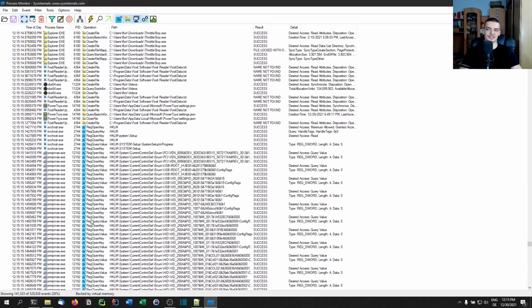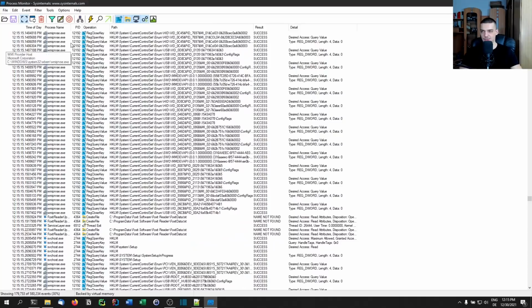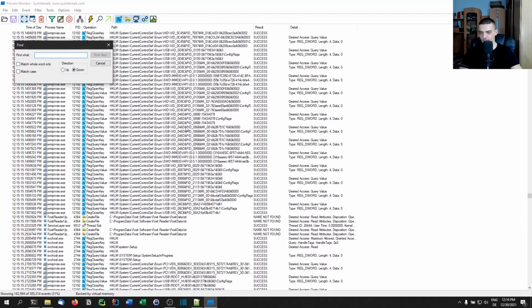And if you have a process that you're suspicious about because you think maybe this is a malicious process, you can see exactly what it is doing. Is it maybe creating files that it shouldn't be creating, maybe some keylogger files? You can see exactly what the process is doing. You can also filter here, so you can look for OBS, for example,